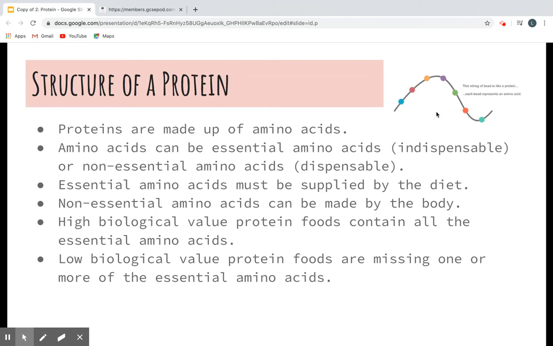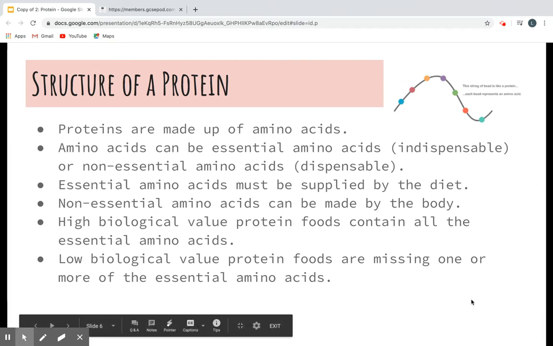Now, we've got two different types of protein foods then. You've got high biological value and low biological value. Now, your high biological value protein foods contain all of these essential amino acids, okay? So your essential need to be obtained from the diet, and your high biological value protein foods provide these. Your low biological value protein foods are still good for the diet, but they're sometimes missing one or more of these essential amino acids. I know that's a little bit complicated, but to help you, we're gonna look at it in a little bit